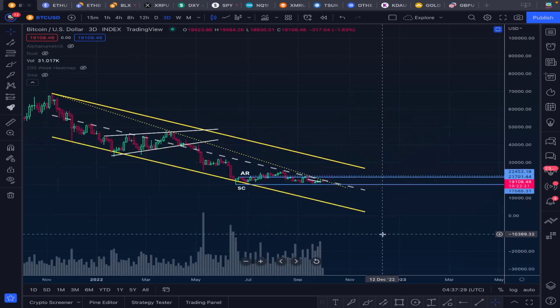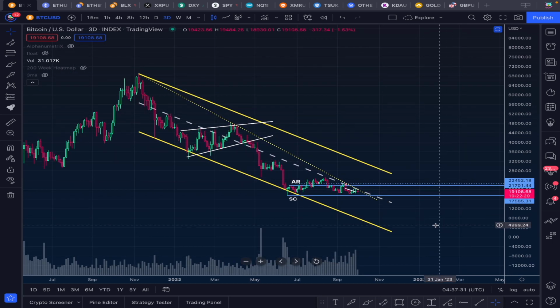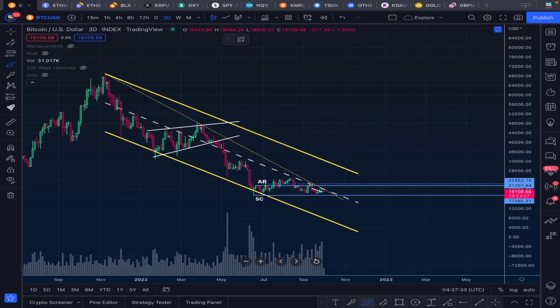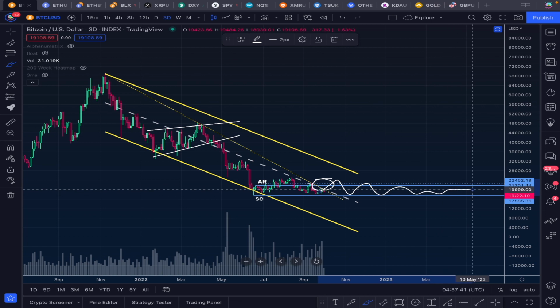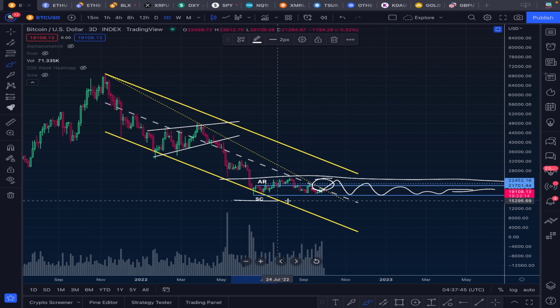So basically what we're waiting for here is to start confirming that we're trading sideways. How we confirm is we break the downtrend. Once we break the downtrend, we'll begin to trade sideways. What we want to see is a tightening of that spread. If we see a tightening of the spread, we can draw our lines, we can draw our trading range here,